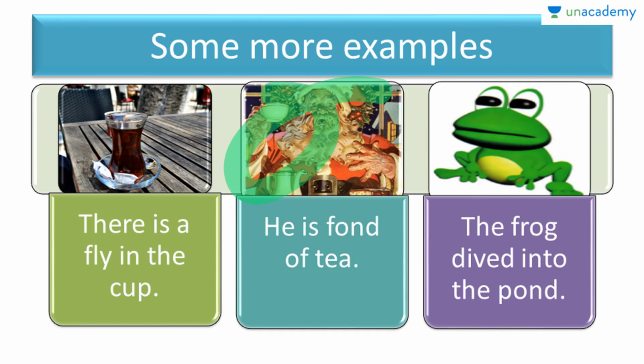The frog dived into the pond. The relation between the frog and the pond is shown by this word "into". What happened between the frog and the pond? The frog dived into the pond. That is exactly what happened between them. So we can see that a preposition is a word which shows relation between two different words and is there in the sentence in order to serve this purpose. Moving on,